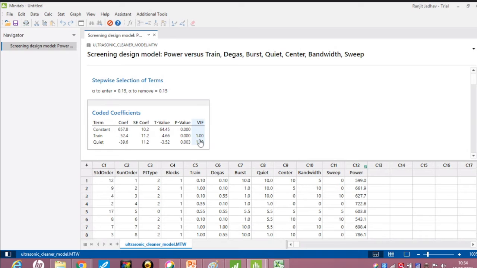The objective of the screening design is to find out which are the critical main factors. But sometimes the interaction can be more dominant than the main factors. It can be, but most of the time the main factors are primarily dominant.